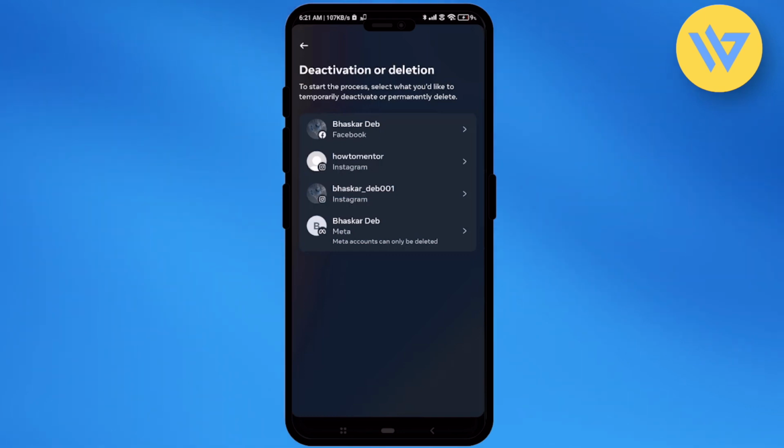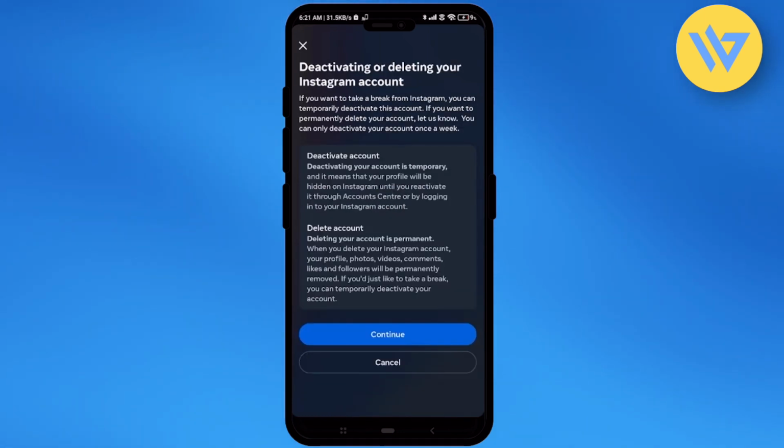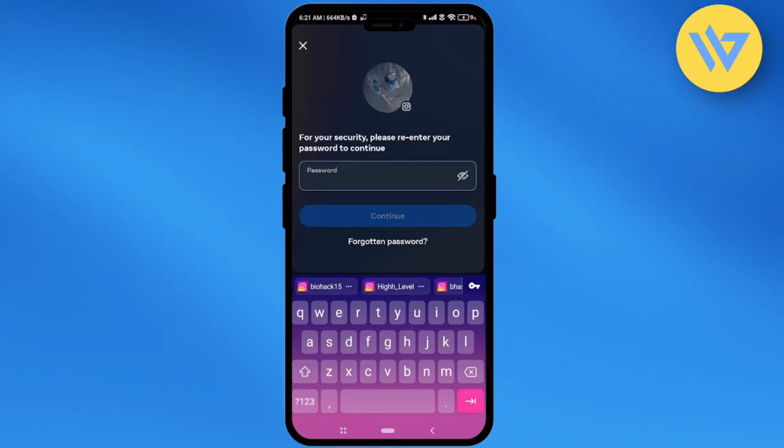So in this case, it's going to be my Instagram account. So click on that. Now over here you will have two options: deactivate your account, delete your account. So just simply choose which one you want, and then just simply click on continue. Now it will ask you for your password. All you have to do is just simply enter that. Now after that, all you have to do is just simply click on continue, and then your account will be